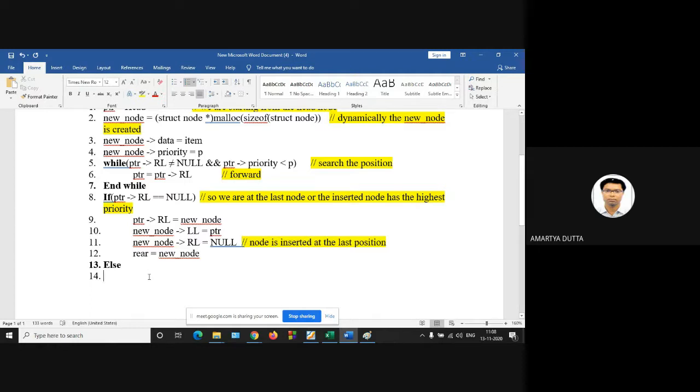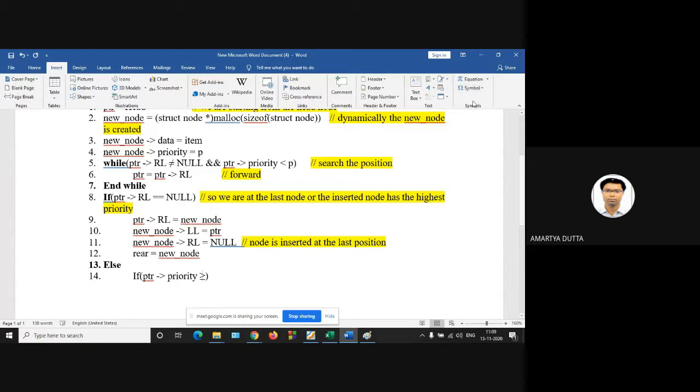So otherwise, if your PTR, its priority is greater than or equal to P, this is your if.